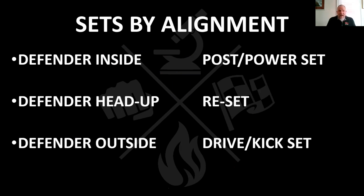If a defender is head up on us, we're going to reset, and I'll tell you what that is. And then if a defender is outside us, we're going to drive or kick set, depending on whatever your terminology is, but we're going to kick out at the 45. Now, when we talk about a reset,